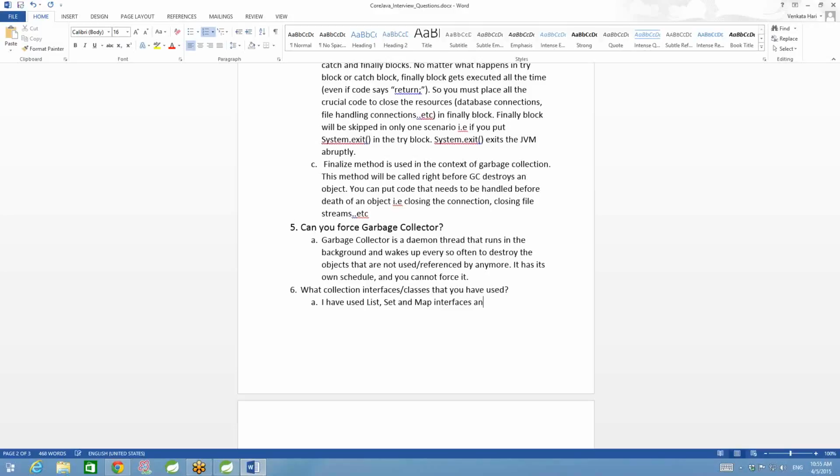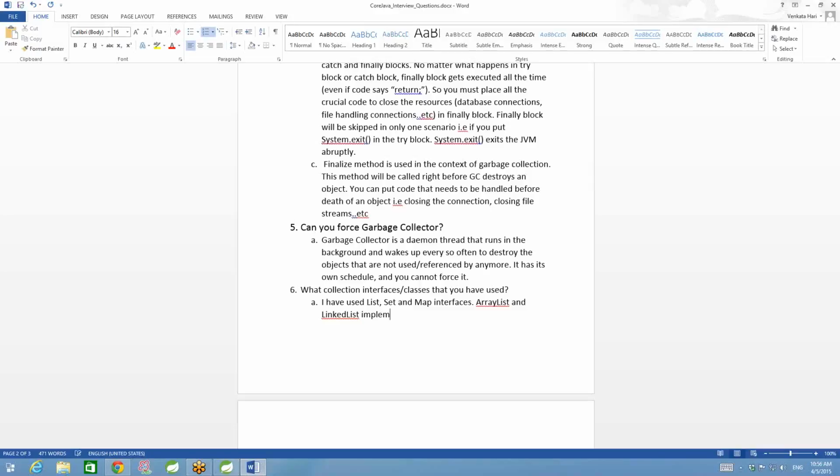And I've used array list and linked list. So this is how you are actually poking him to ask more into the details. In interviews, the trick is that you can always, some people you can't change, but what you can decide is what his next question should be. You know what I'm saying? You just give him the hint. You just say that I've used list, set, and map interfaces, array list and linked list